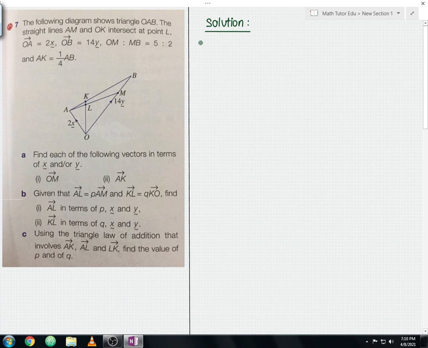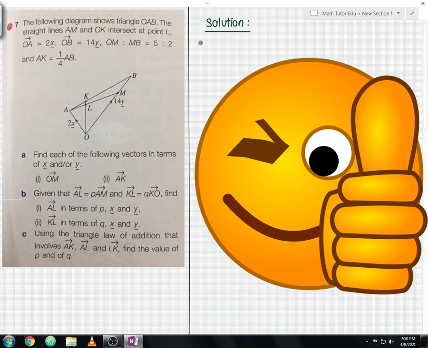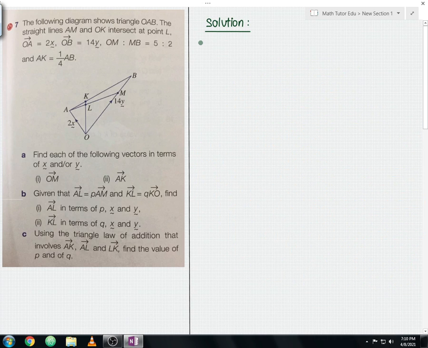So this is the overall question. So I hope that you will attempt this question in the future. If you could manage to solve this question, a big thumbs up to you guys. But if you can't solve this question, no worries. I'm going to show you the step-by-step working and the solution. So without further delay, let us start to solve the question.